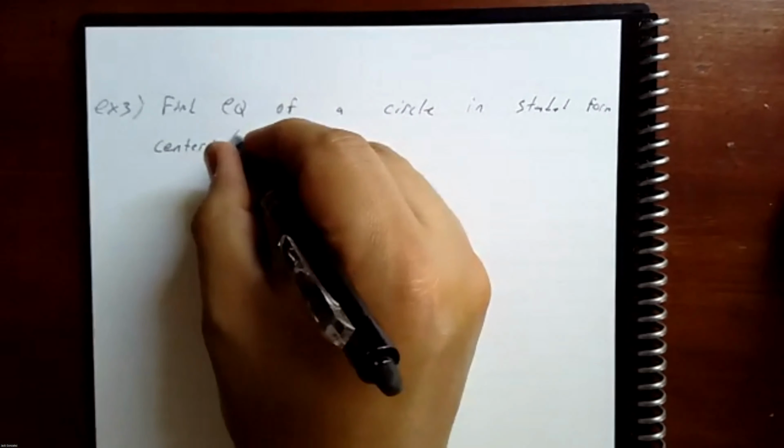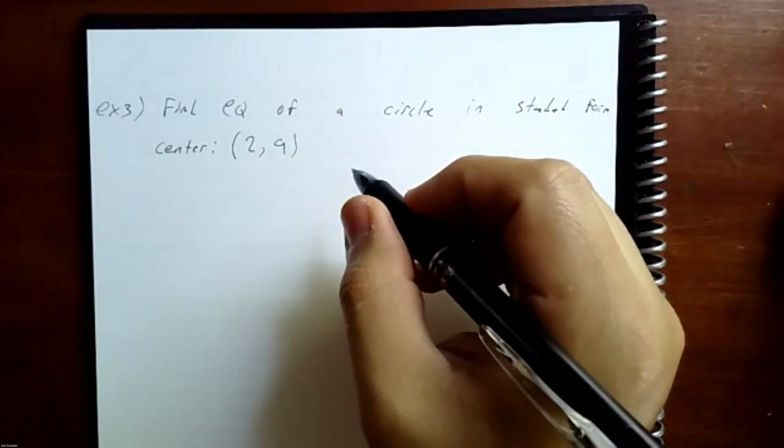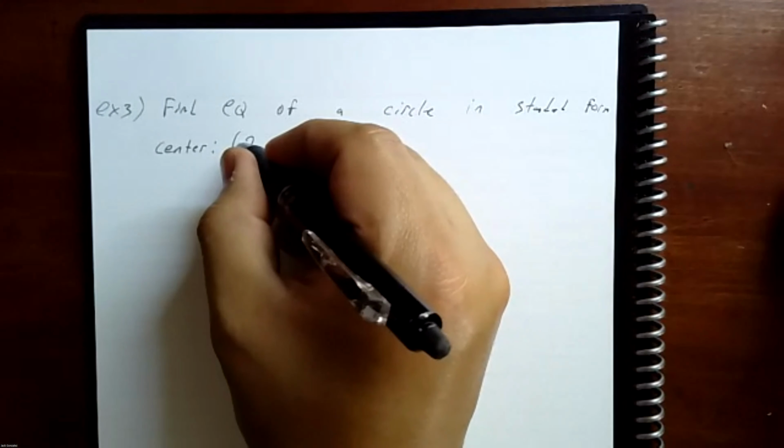All right, center 2, 9. And actually, let's do this one, negative, negative